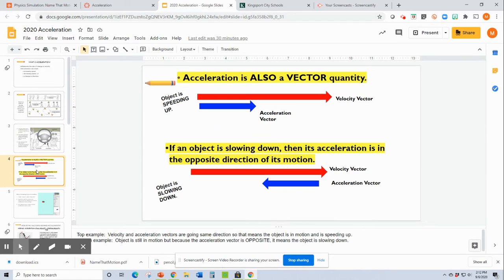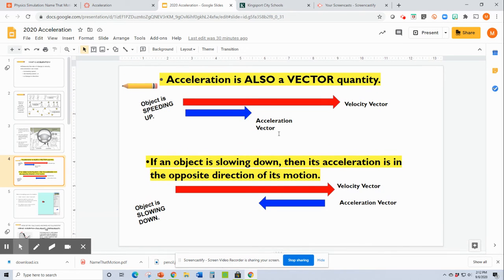Now, the next part gets a little tricky. All right, so here we go. The next part's a little trickier. I'll make that bigger. You definitely need to write this down, and you need to draw these vectors. Now, remember, we show a vector to indicate direction, and the length of the arrow of the vector also tells us something about the magnitude of the quantity. So if I have an object